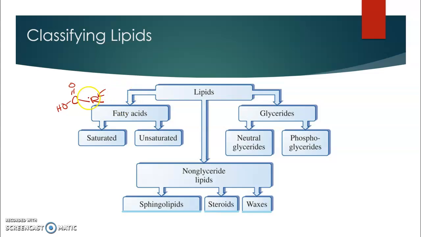And if we went back to that earlier slide, you might be able to find the fatty acid in there. So that R group might be like 20 plus carbons long. We then can classify them based on whether or not that R group is saturated or unsaturated. So this is all about the R group.